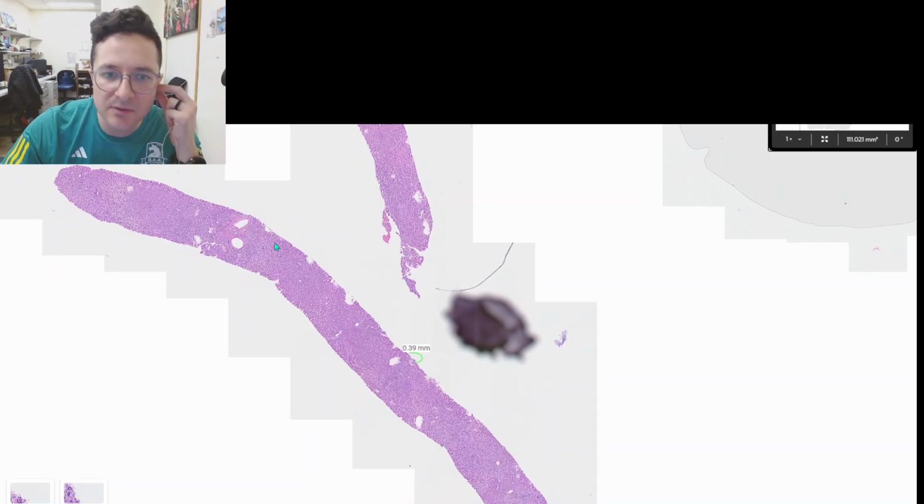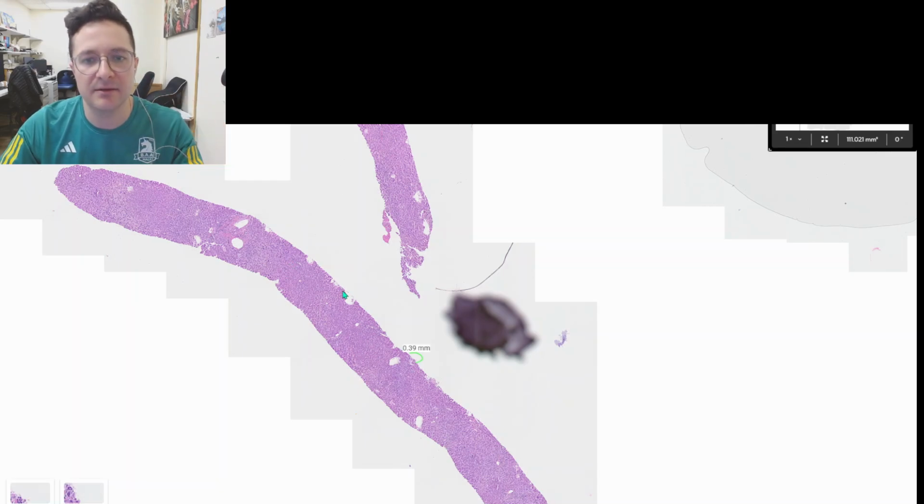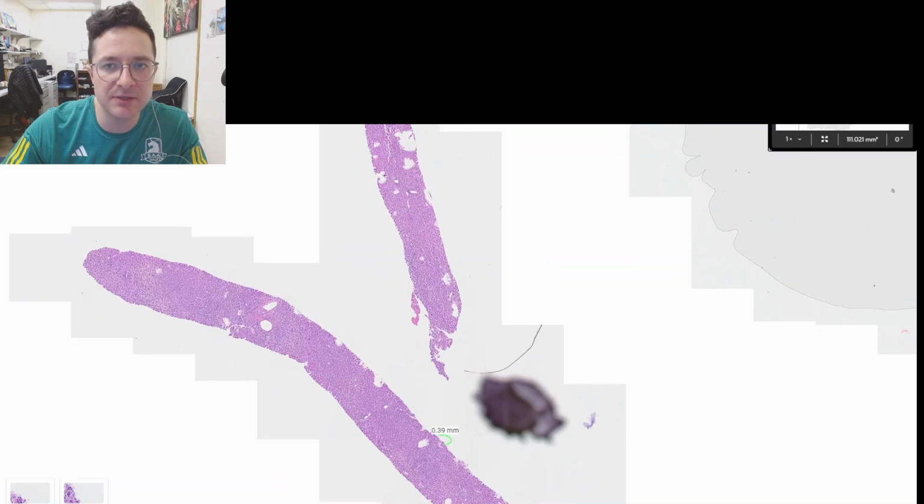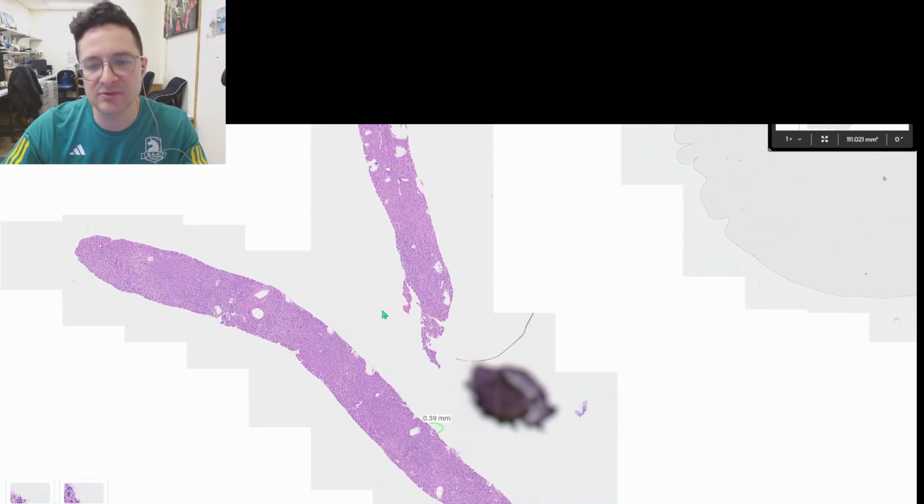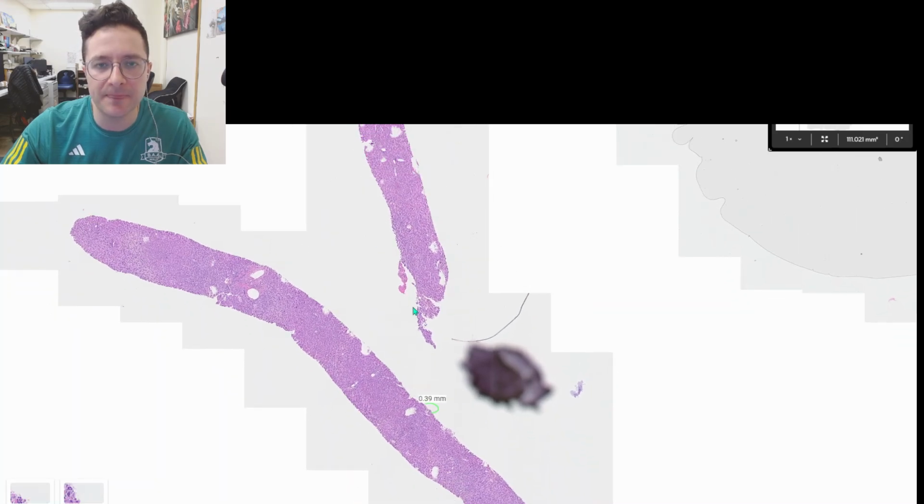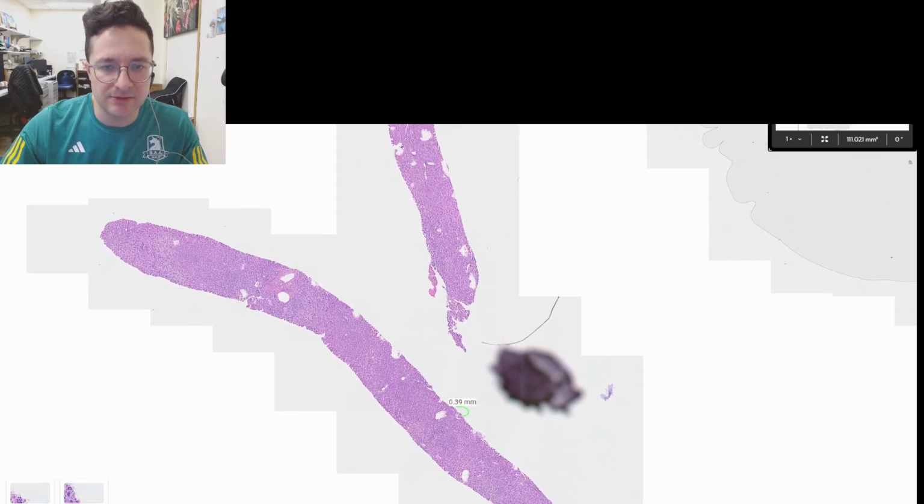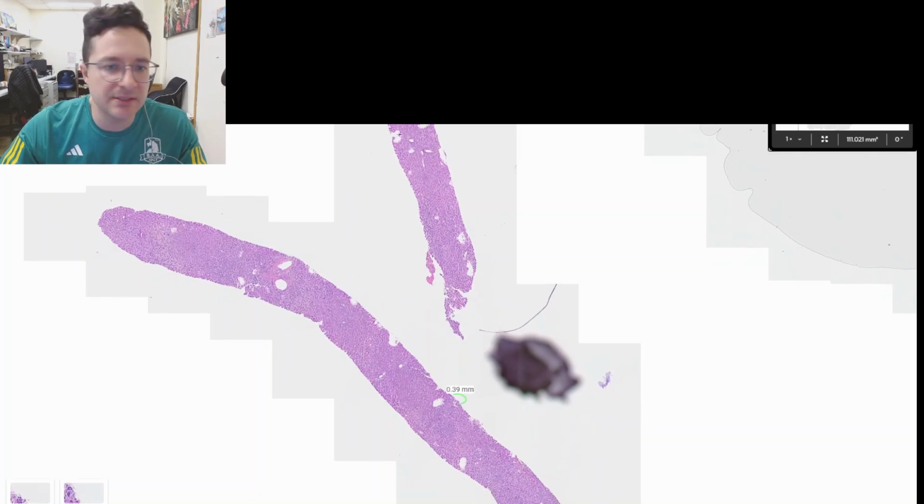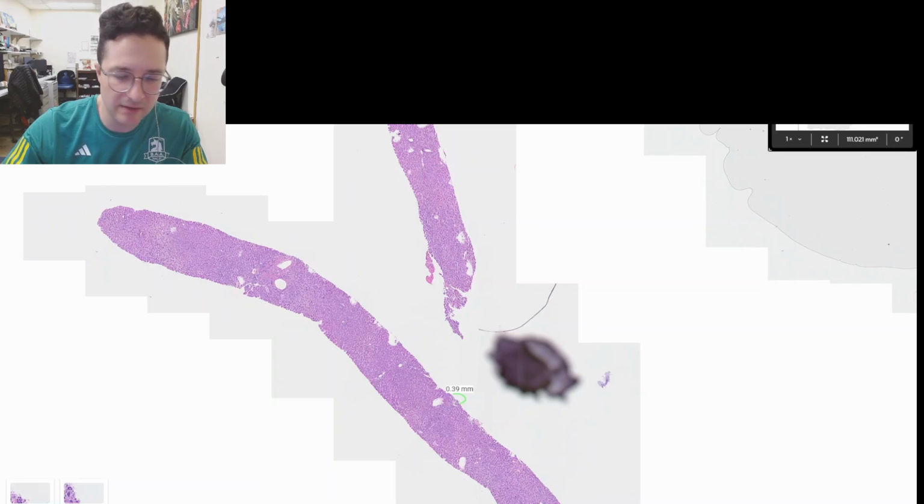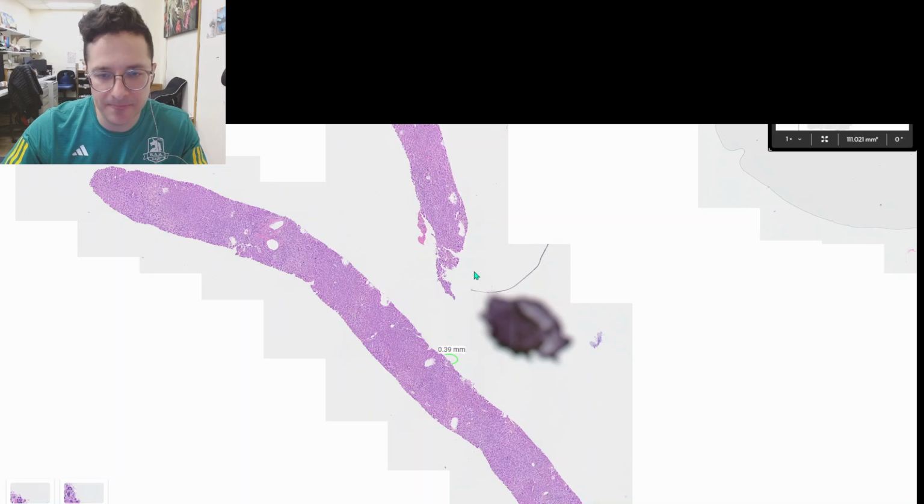So this case, what we have here is a liver biopsy from a patient who has a history of... okay, this was a case I got a while back, maybe 1 or 2 years ago, and I saved a recut of it and scanned it. So check this out. This patient had urothelial carcinoma a while back, and then they're coming here